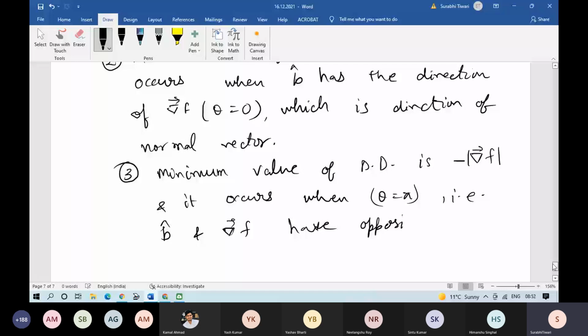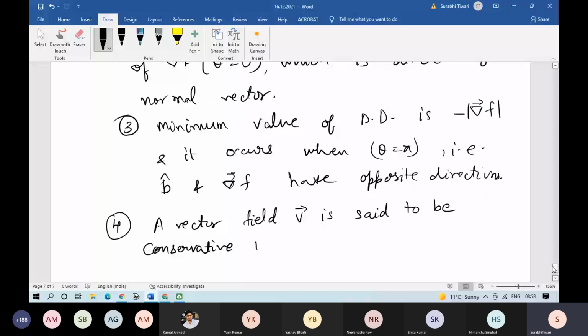Fourth, a vector field f is said to be conservative, ये तुम लोग ने पढ़ा होगा फिजिक्स में, if the vector function can be represented as the gradient of a scalar function f, that is v is gradient of f, ठीक। तो इस पे एक क्वेश्चन लिख लेते हैं जल्दी से।